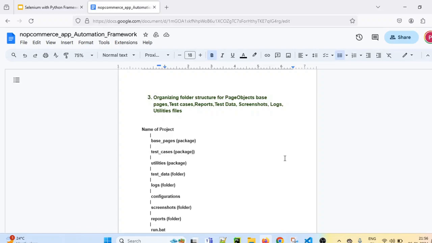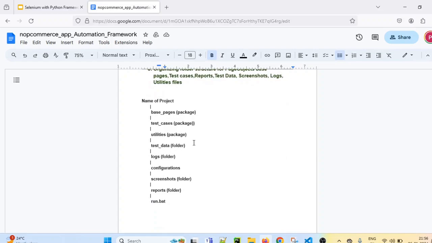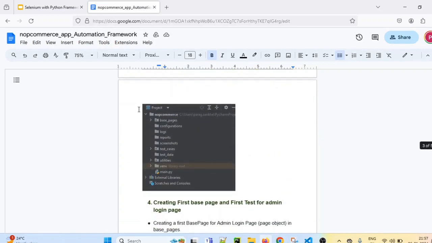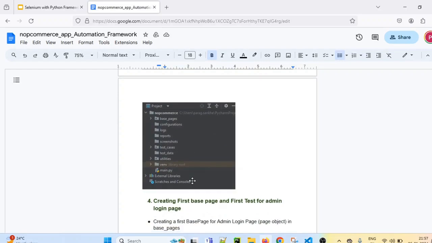So for an automation test framework, we need a folder structure. That folder structure contains base pages, test cases, utilities package, test data folder, logs folder, configurations folder, screenshots folder, and reports folder. This is the folder structure of our project.